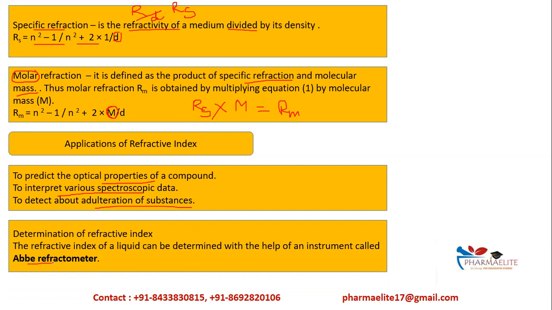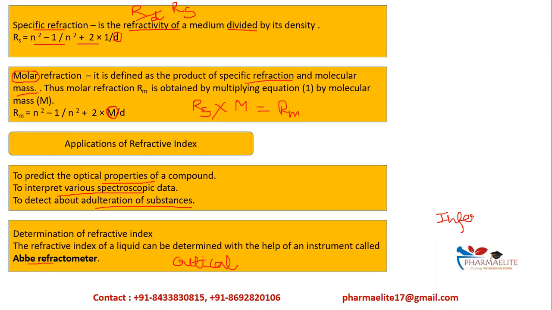This refractometer is based upon the measurement of critical angle. There is another term which is used: Abbe refractometer. How this works in detail is not required. Just the name, Abbe refractometer, is more than enough for your entrance exam. You first find the critical angle or the displacement of the image and you calculate the value of RI.